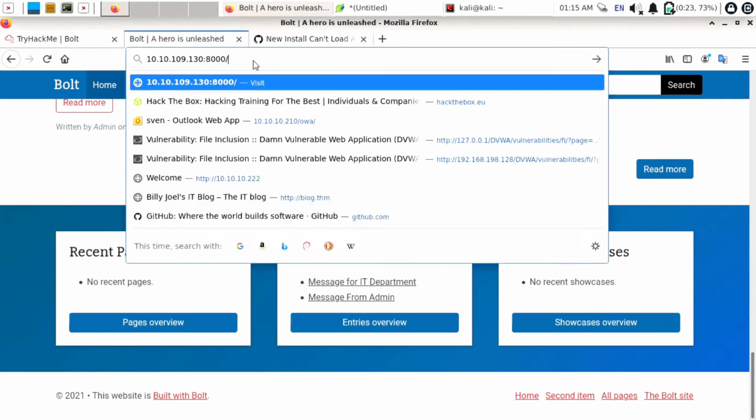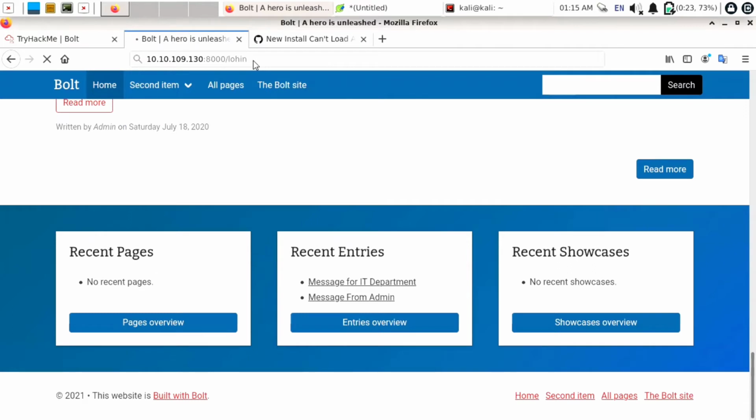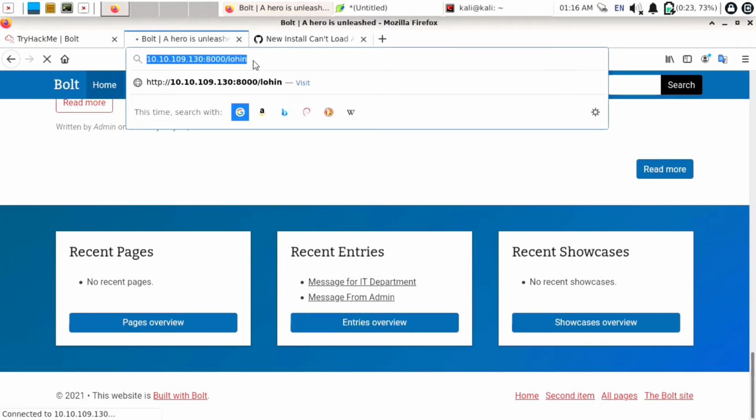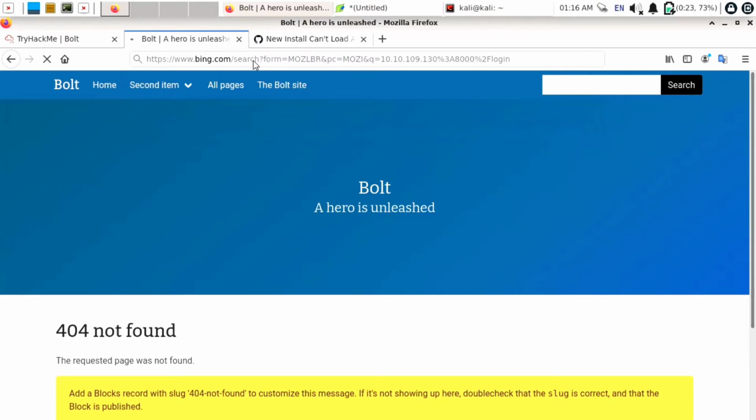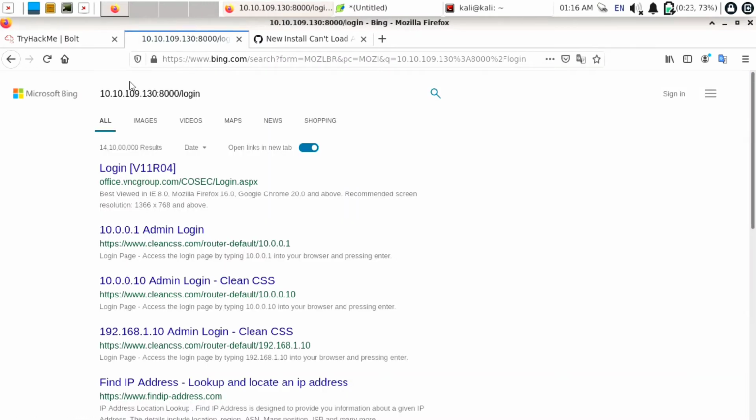other things. So use /login. Oh, sorry, it was my mistake. Use login. Sorry, it's redirected to bing.com. Copy our target URL.